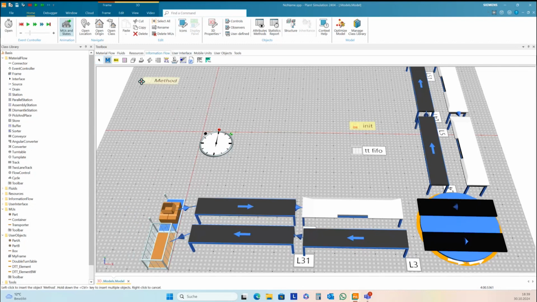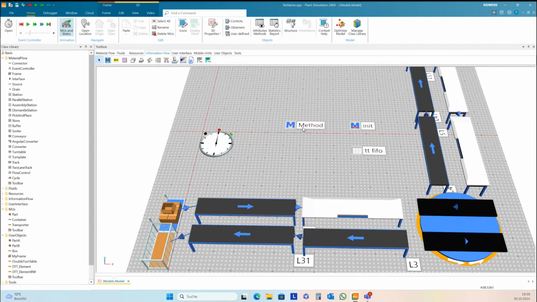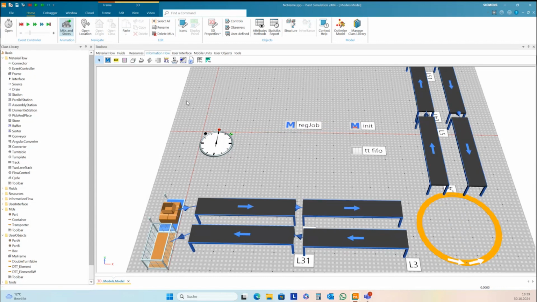And I need a method as exit control to register the job for this turntable. And this should be the exit control of this lane here and this lane. And this should only make an entry into this table.